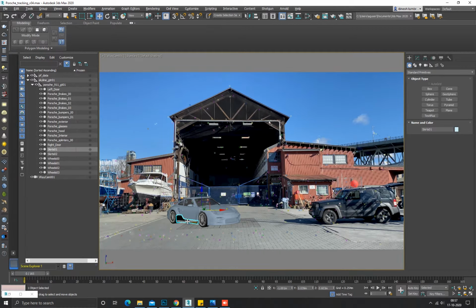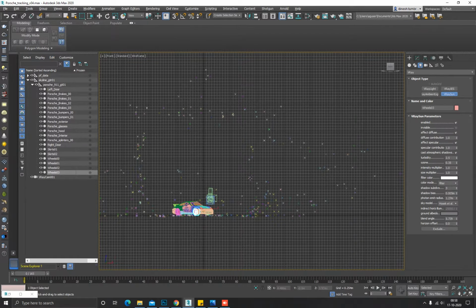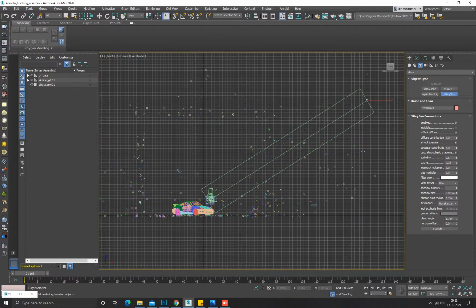So then moving on to our next step, which is to add a key light. As we see, our car is out there in the sun, so the sunlight is going to be the key source of light. So let's add a sunlight. We go to the lighting menu inside the create tab, select V-Ray from the drop down and select the V-Ray sun. We go to the front view or side view and simply click and drag from the top to bottom to create a sun. Simple.